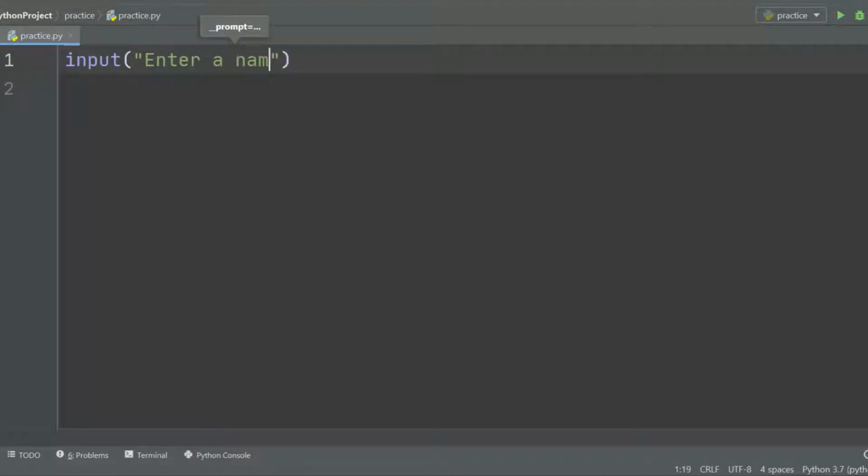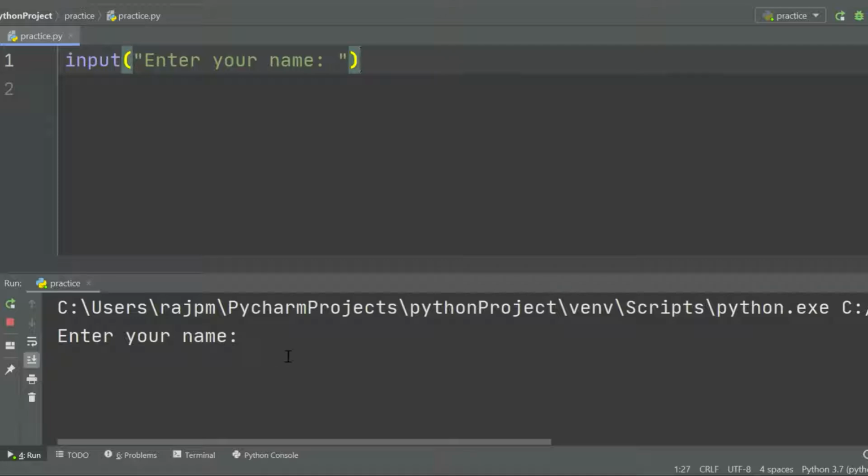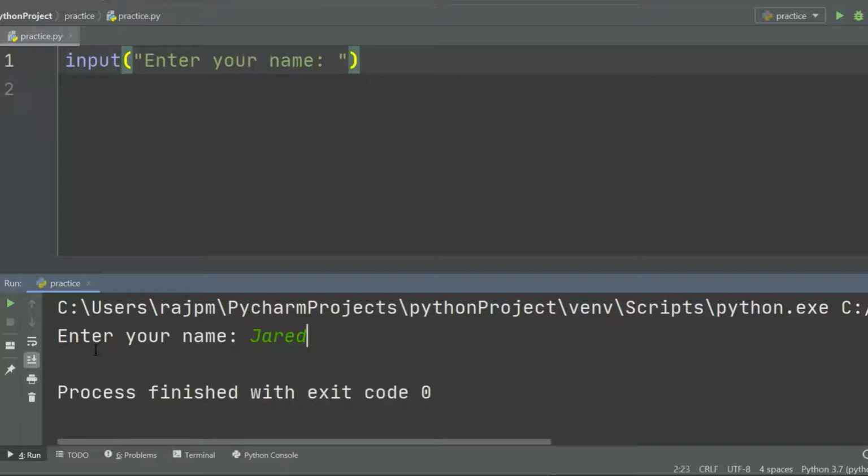Enter a name, or enter your name. And what this will do is allow us to get information from the user. So now I run it and it says, hey, enter your name. And so we could type into it and enter our name, as you can see. So using this, we can type in our information. But currently it is not storing our information and we cannot do anything with it because we don't have a